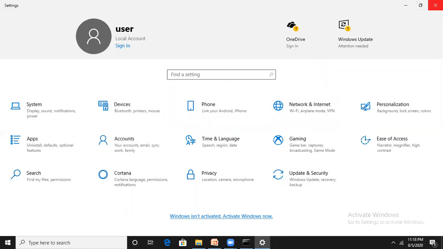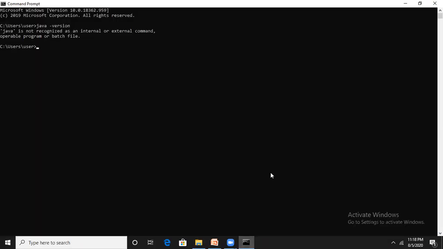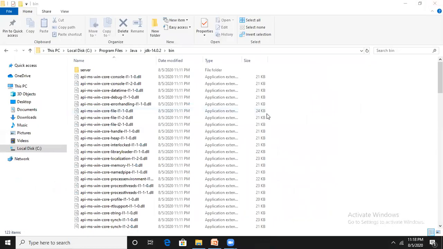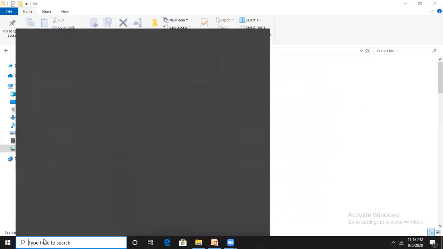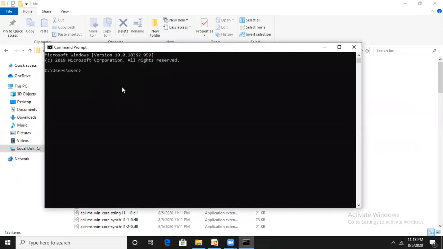Close this settings window. Close this old command prompt also, and open a fresh new command prompt, and now type here java -version.